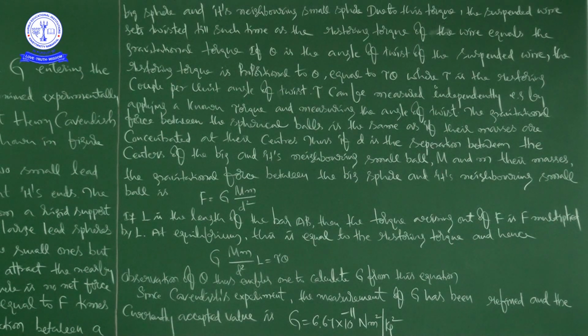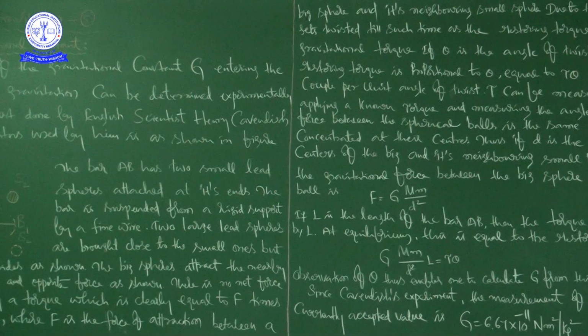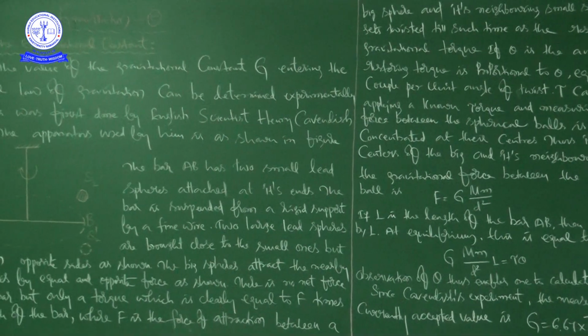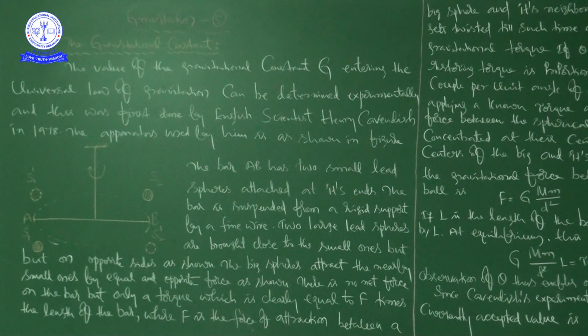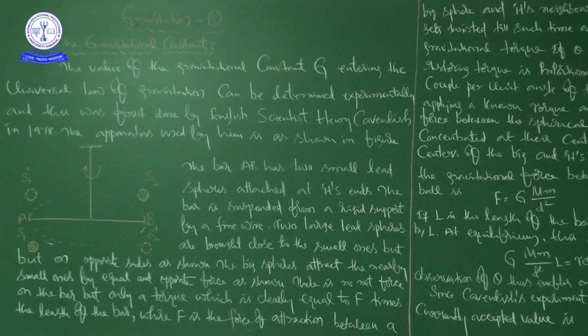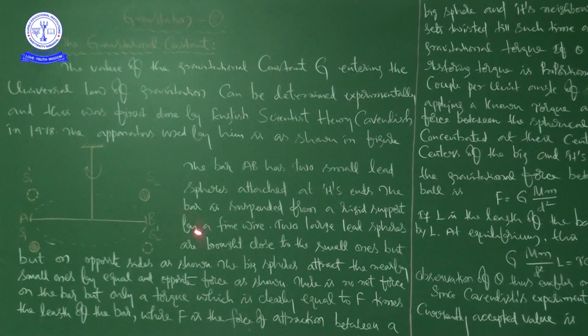By taking the bar AB and small lead spheres attached at its ends, and with the help of this you can see the experimental setup or experimental arrangement, that is what I drew on the board. See here now, because of the small masses and big masses and the gravitational force, and finally regarding the torque,